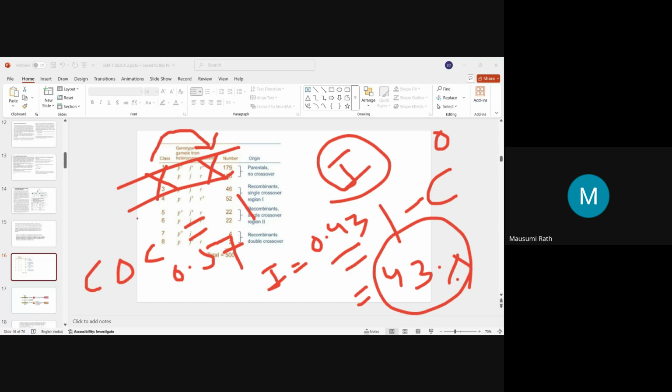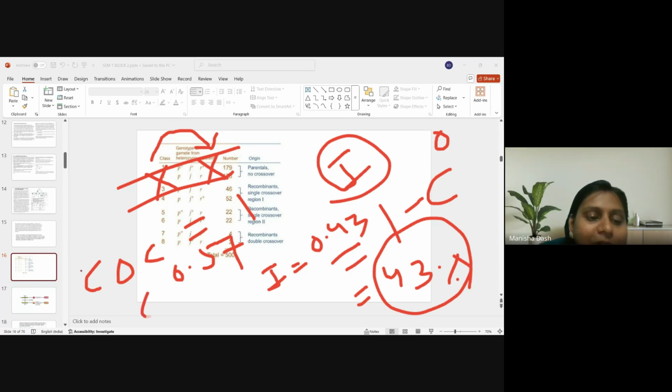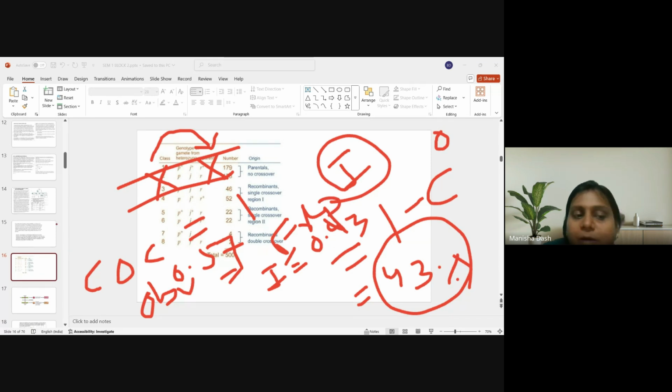Okay, so when interference is 0, the observed number of double crossovers will be equal to the expected number of double crossovers, is it not? Because the coefficient of coincidence is the observed number of double crossovers divided by the expected number of double crossovers. So when interference is 0, the observed number of double crossovers will be equal to the expected number of double crossovers. Similarly, if interference is 100%, then what will be the outcome? The coefficient of coincidence will be